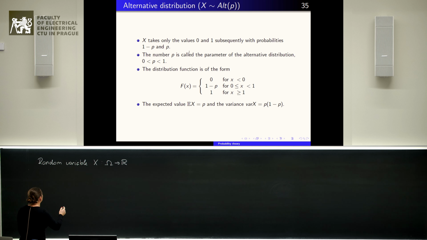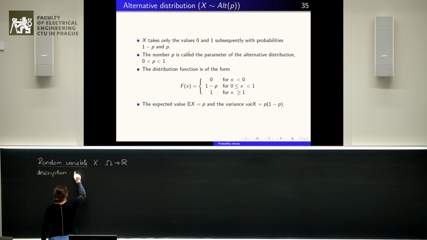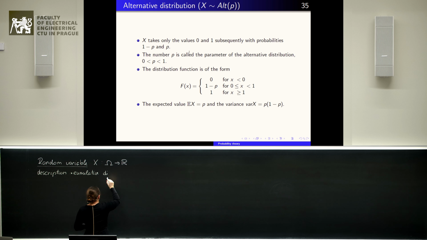We started with some description of random variables, where we said that the general description of a random variable is the so-called cumulative distribution function,